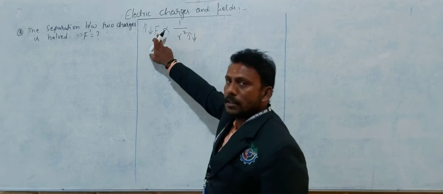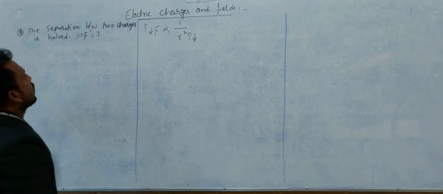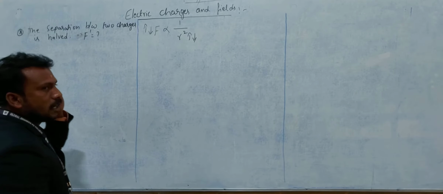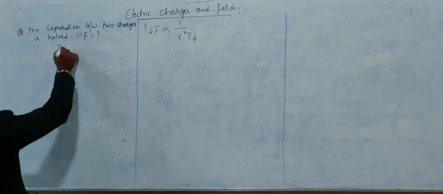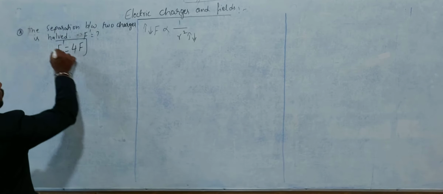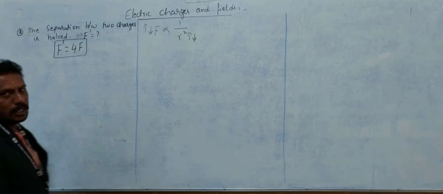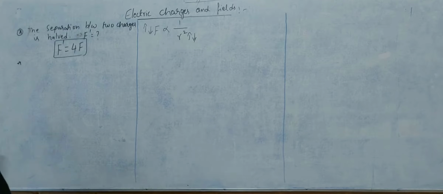Separation decreases, force increases. Here in this question the separation between the two charged particles is halved. What about the force? Therefore, force increases: F dash is equal to 4 times F. This concept we already discussed in the previous class. Okay. Next application is